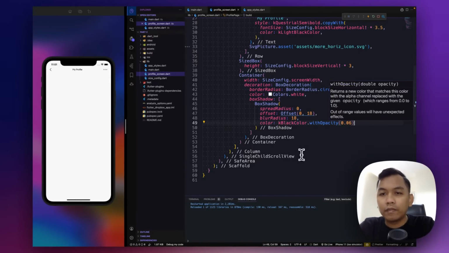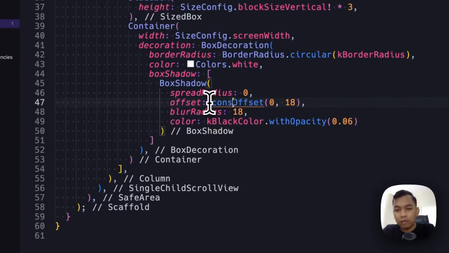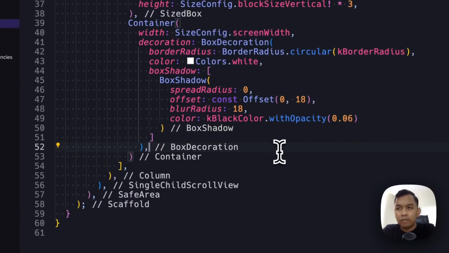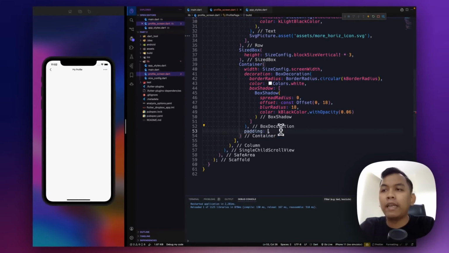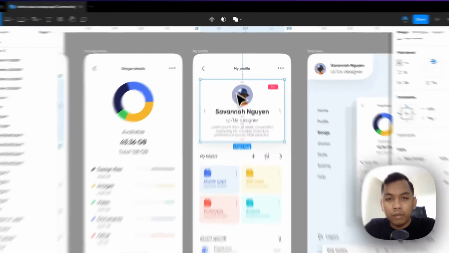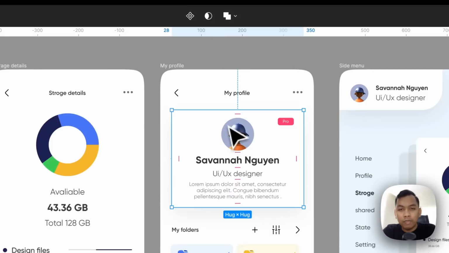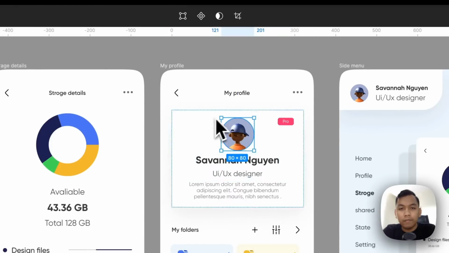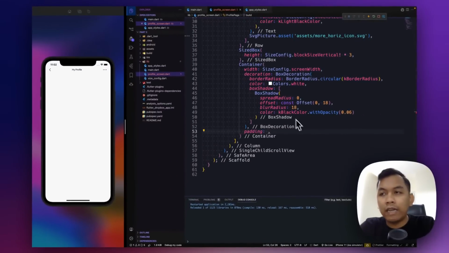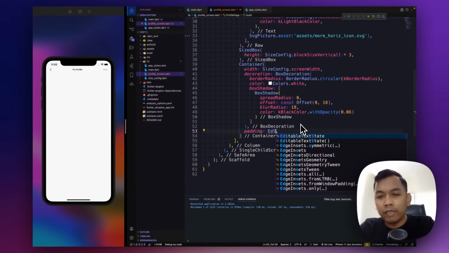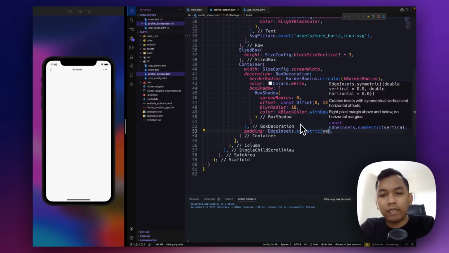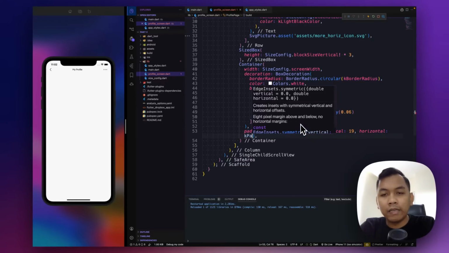And the next, still inside this container, we will add padding. It's around 19. So we use EdgeInsets.symmetric. Vertical will be 19, and horizontal will be kPaddingHorizontal.